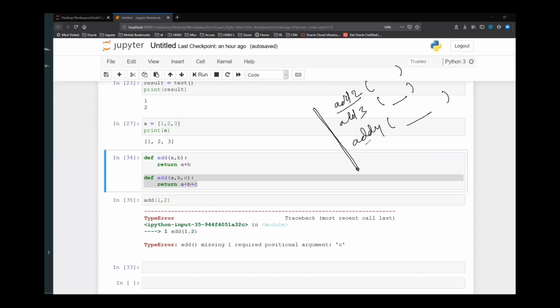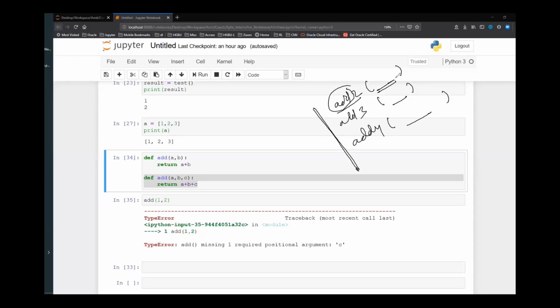So here is the concept of function overloading, where you have a function and some parameters you are passing, and even if you change the parameters, your function will work. And this is today's assignment problem. So in Python, how we handle it, I will just explain. You just need to translate it to code.